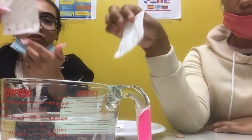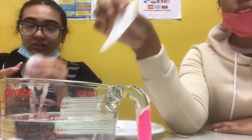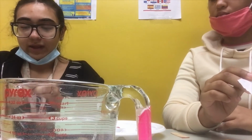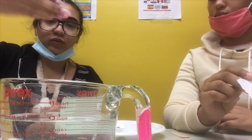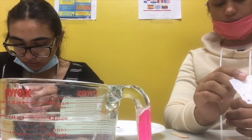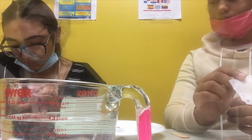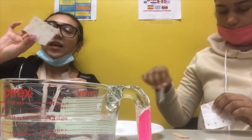hitting the water. You don't have to put it in all the way, just the little edge hitting the water. I'm going to have some pieces of tape ready so that when we actually have the water inside, we don't have to hold the coffee filter, it's just going to hold itself. Okay guys, so we have our pieces of tape, and now we are going to, like I said, take